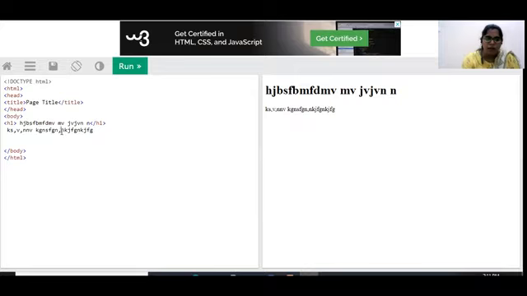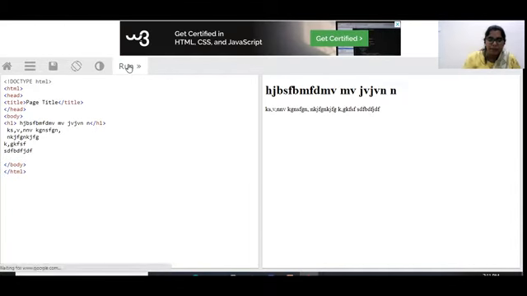Suppose I want to take this NKJ to the next line. Here I am writing it in the next line, but see how it comes. It comes in a single line in the output, if you can see here. Why? Because though we are giving spaces, they won't allow any of the spaces. Simply they will treat it as a single line of content which you are typing.